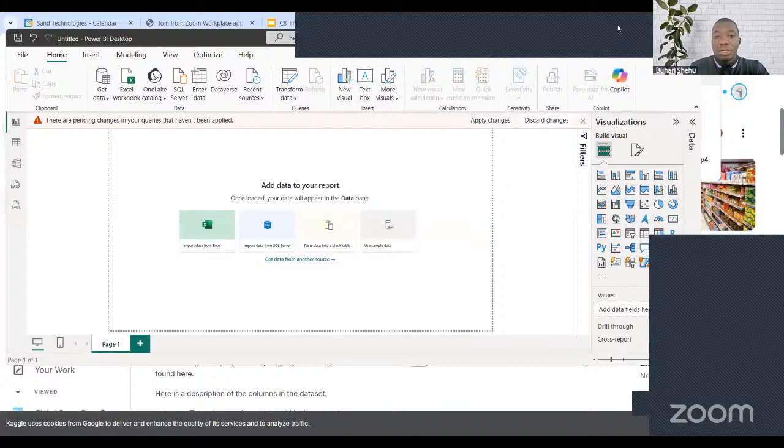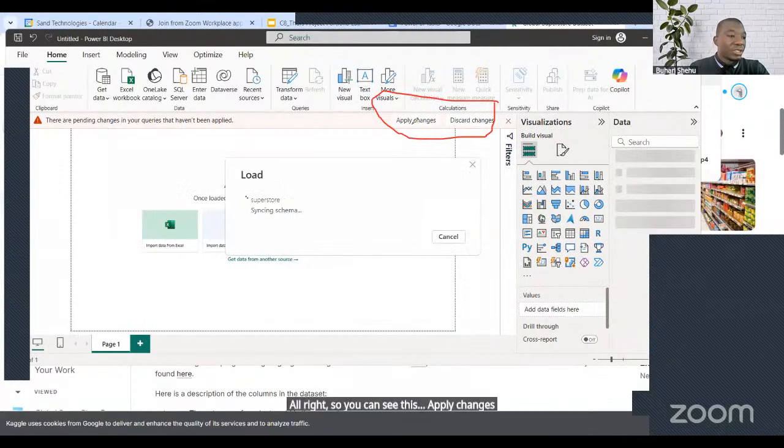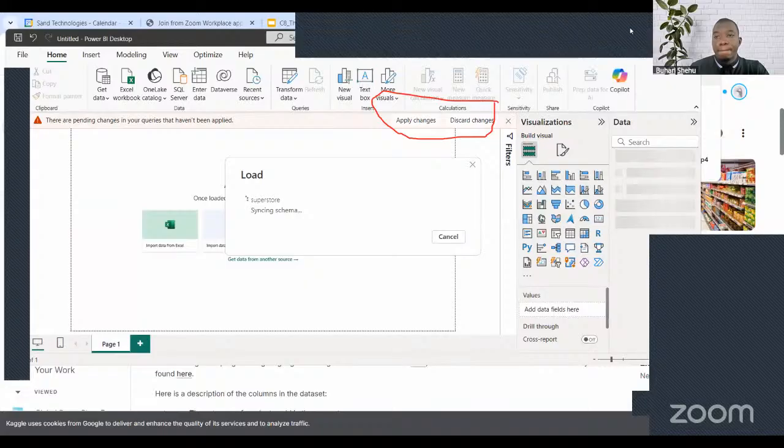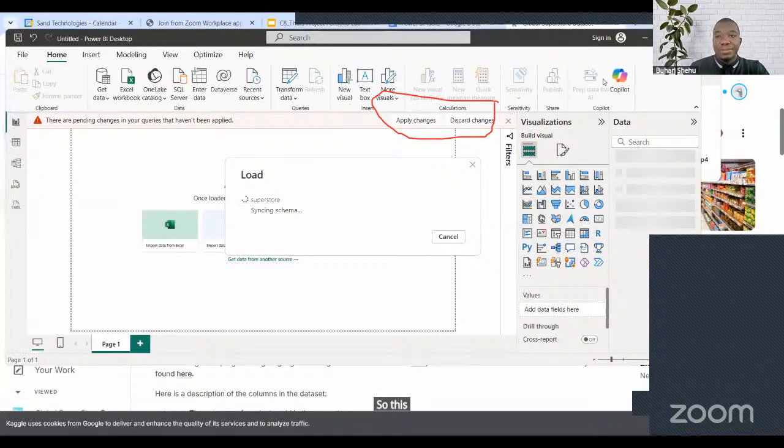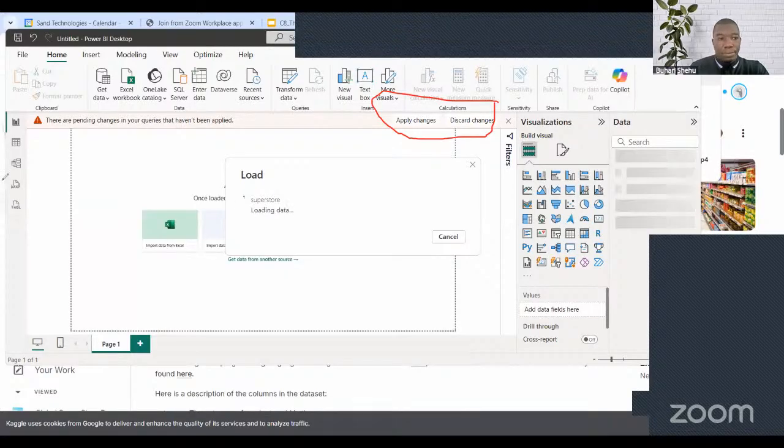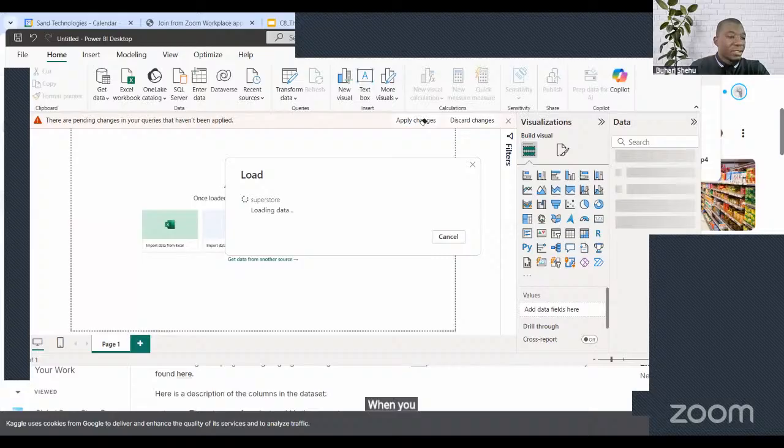All right, so you can see this, apply changes. So this apply changes. When you click that,